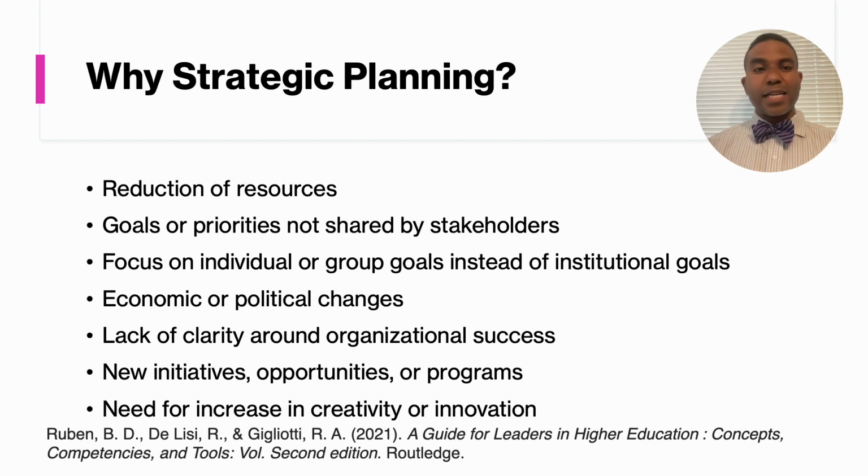Changes in the economy, changes in politics. So, we live in an ever changing political dynamic, and depending on any number of circumstances, the views about higher education can be positive or negative in the public sphere, and that can influence changes on what happens in higher education, and it can direct policy. So if there are things that the public doesn't like about higher education, they can introduce policy to change it if that's what they so choose.